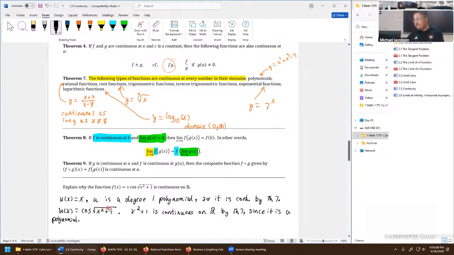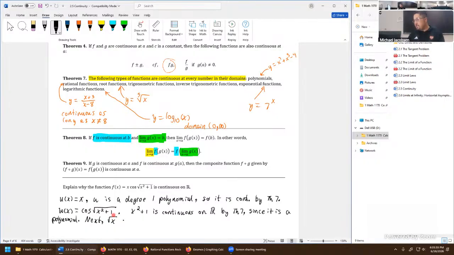However, you can still plug in any real number inside of x squared plus 1 inside that square root symbol. Reason being is it'll never come out negative. The minimum value for x squared plus 1 is 1 itself. So even though the domain is short for the square root symbol, the domain of this entire function is still all real numbers. So let's go off to the next part and say, next,